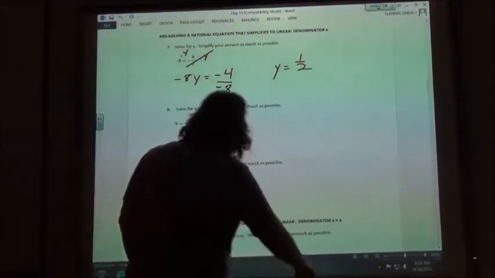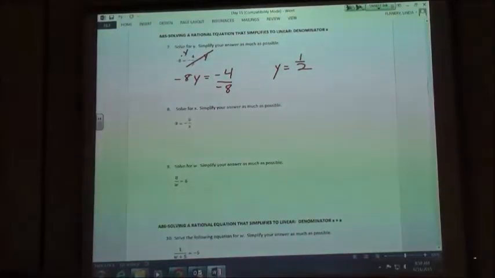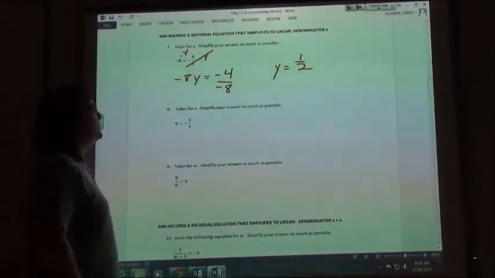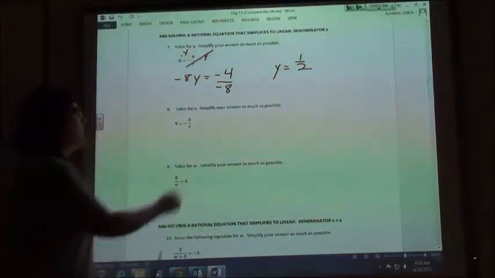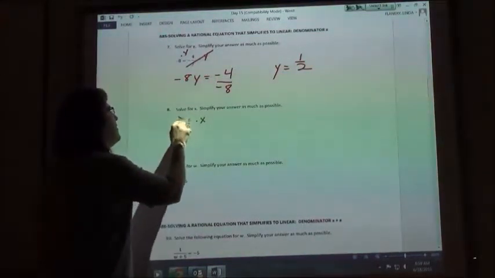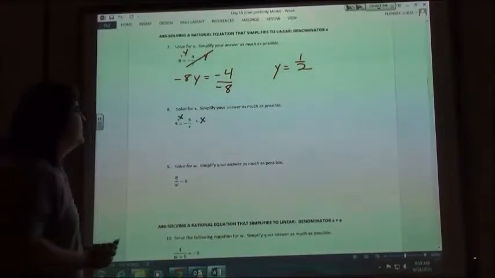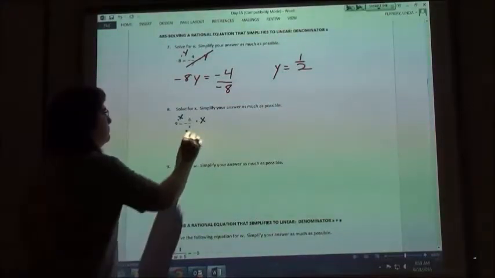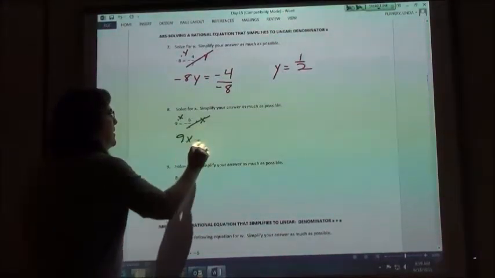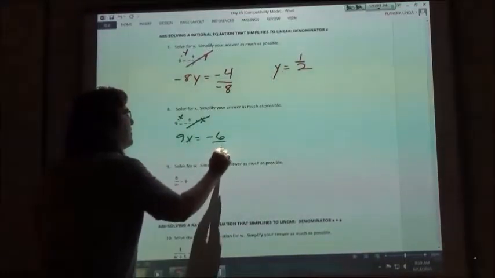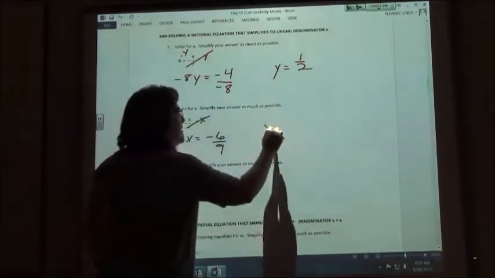You guys probably already got all these right on your pie chart. So number 8, first thing you do, multiply by x. Multiply by x, and I would have 9x equals negative 6. I'm going to divide by 9, so my answer is